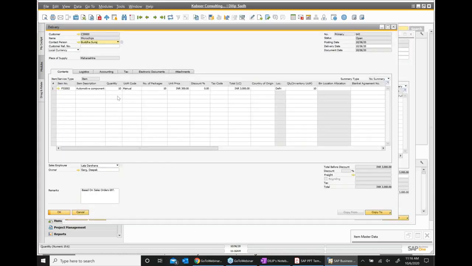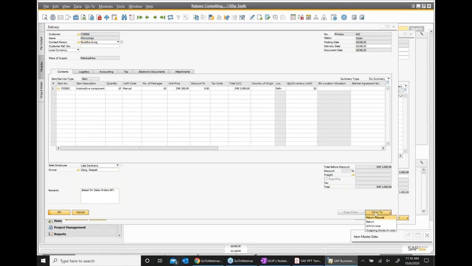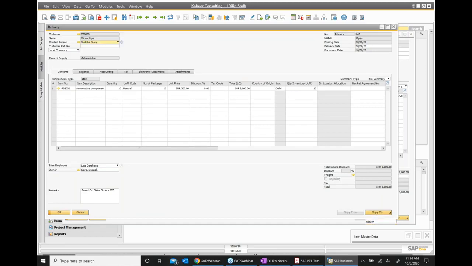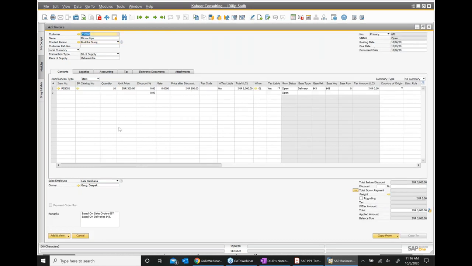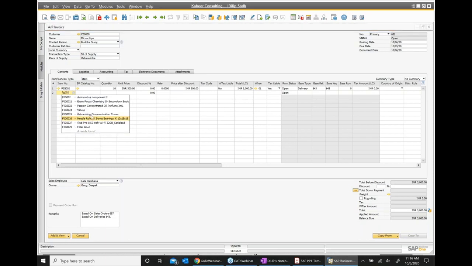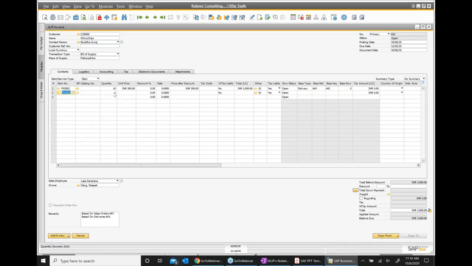Now in the delivery, we have a copy to, and here we have an AR invoice. This is the AR invoice. In the AR invoice, I can enter the quantity with a negative sign. You see that here? Negative sign.